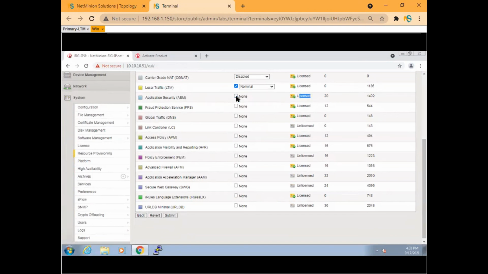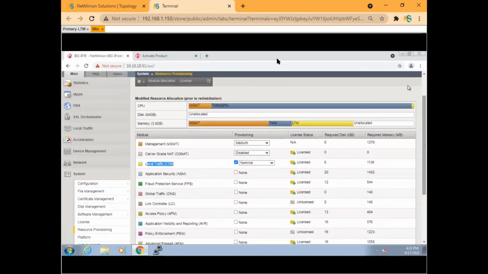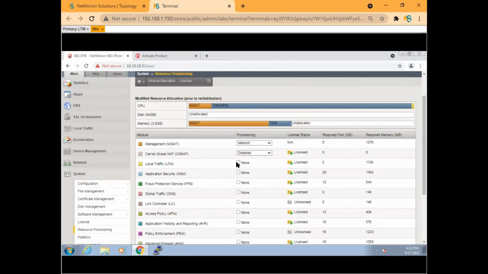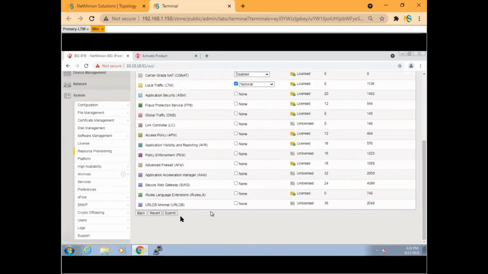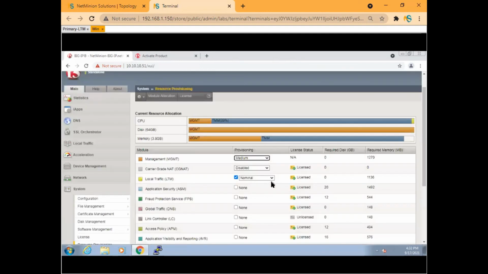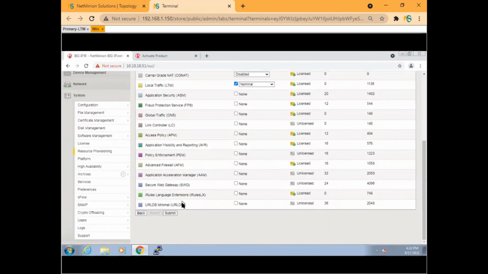But as I told you, in my lab I didn't give you so many resources that you can run any other module. Do not run it. Just select the LTM for the module, whatever my lab is prepared for. So you use the LTM, select it as nominal. You can select dedicated also, minimal also. If you unselect it, it will be none. Can you see? It is none. But if you select nominal, it means you are selecting and submitting it as the LTM.